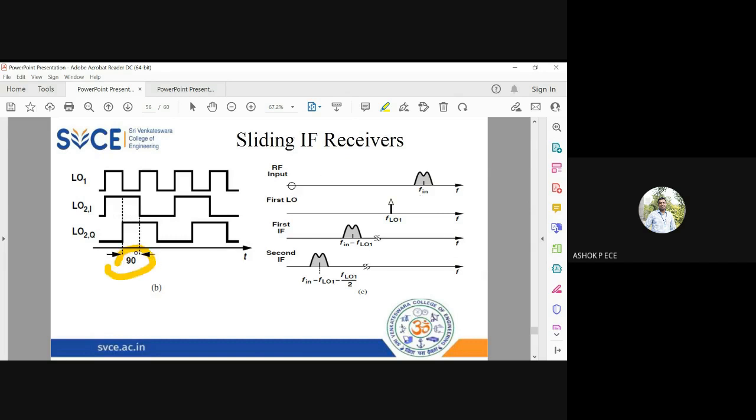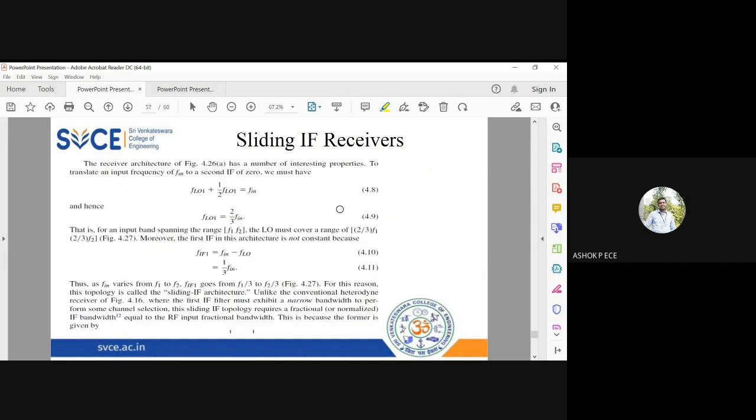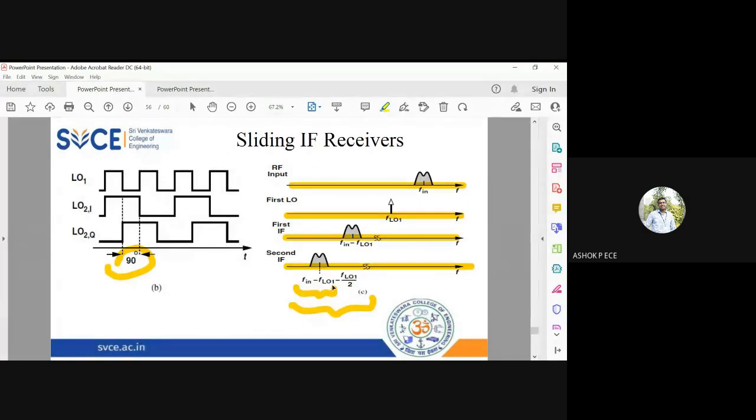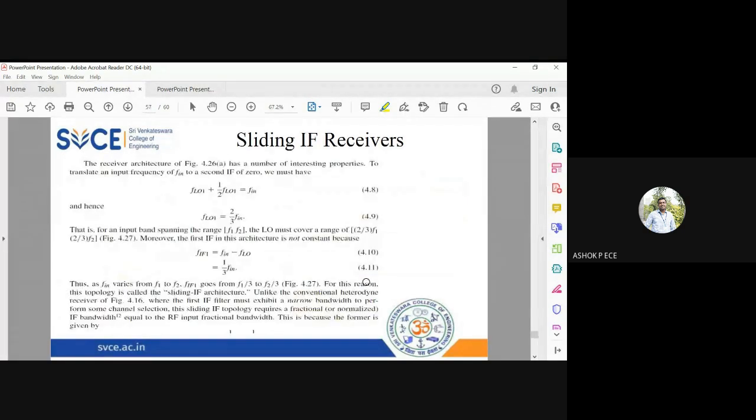So see here, this is the high frequency input. First LO frequency is somewhere here. The difference frequency is the first IF frequency. And one more difference is going to be the second IF frequency. So Fin minus FLO1 is first IF. FLO1 minus FLO1 by 2, this entire thing is going to be the second IF frequency. And if you can simplify, so Fin minus FLO1 minus FLO1 by 2 is